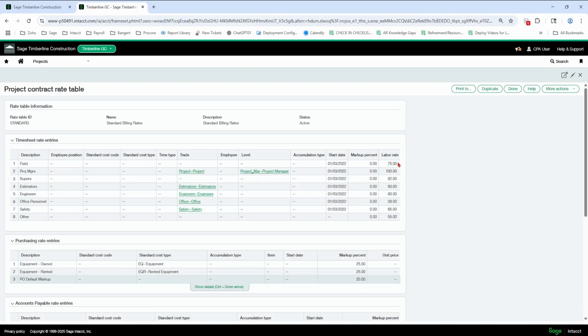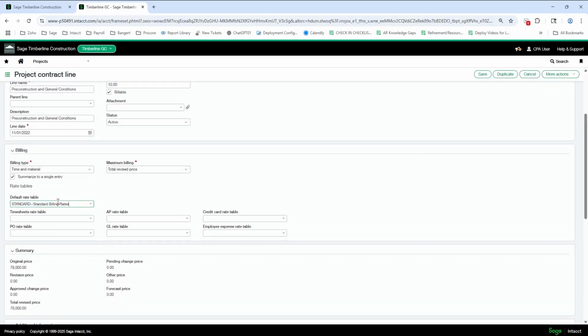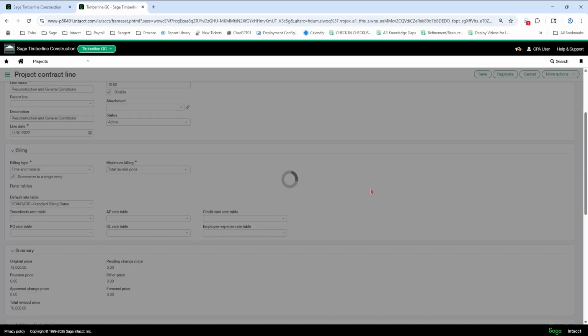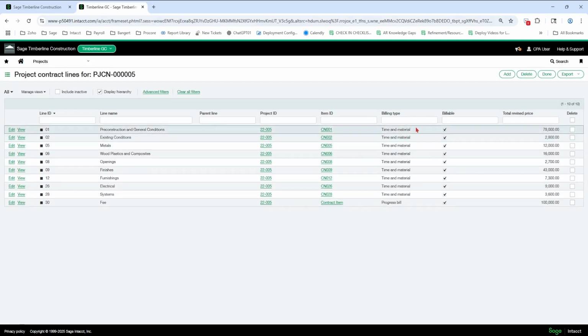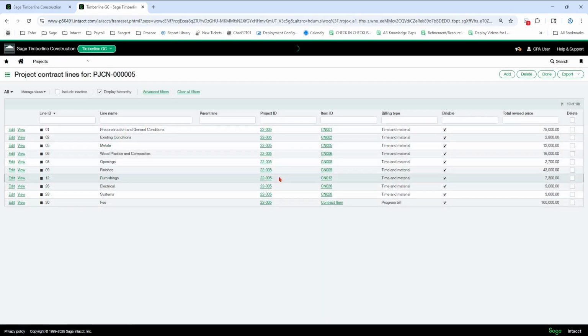If you don't even want the labor marked up at all either, then you don't even put a rate table on the lines. Okay, so those are the options. You can have no rate table or you can just put the labor rates in here only. We're going to pretend this only has labor rates on it, and we're putting all the percent fee at the bottom.